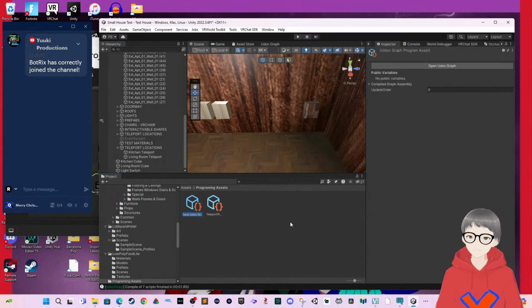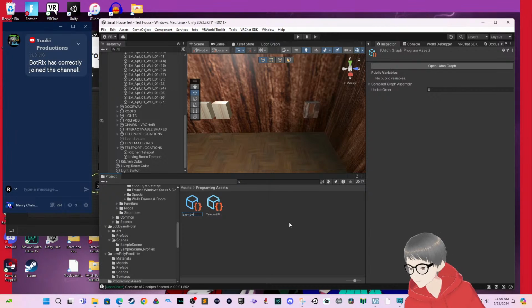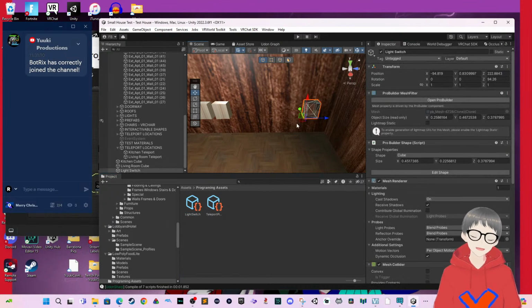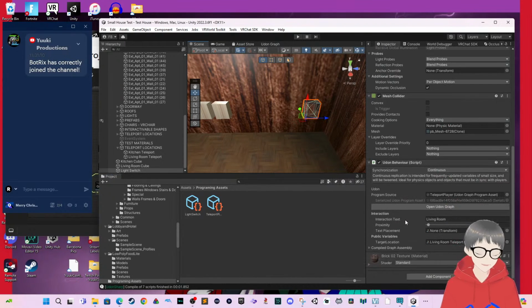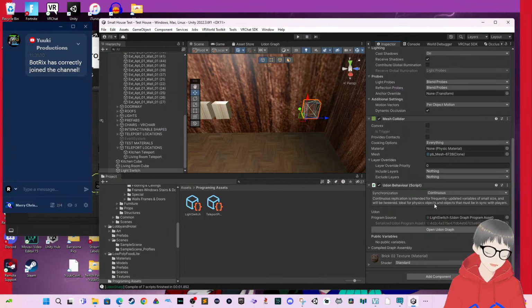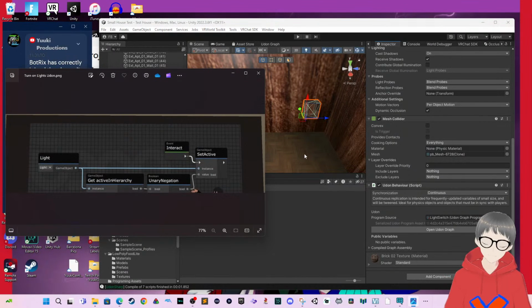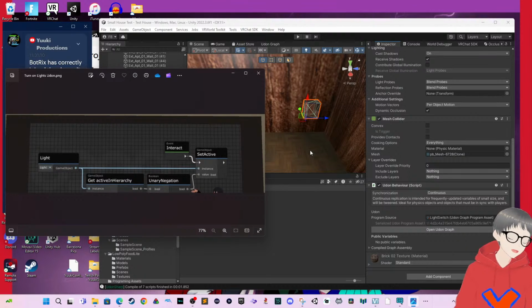We're going to call this light switch. Okay. Now go back to our little cube here. We're gonna go all the way down, and we're gonna turn this on to our light switch programming asset. Now we are gonna change it to our light. Same deal. I'm gonna explain